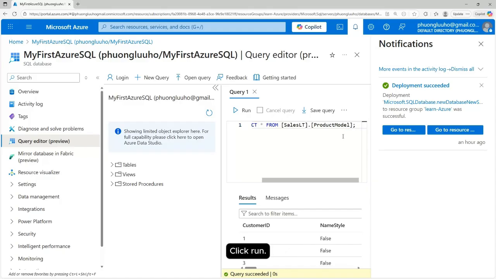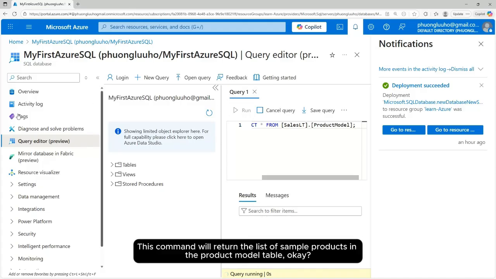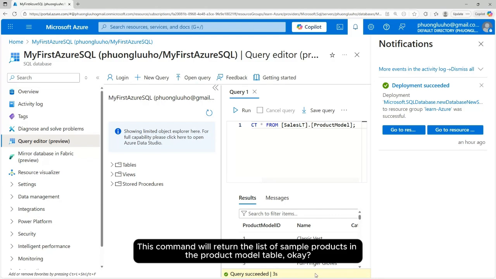Okay, click run. This command will return the list of sample products in the product model table.